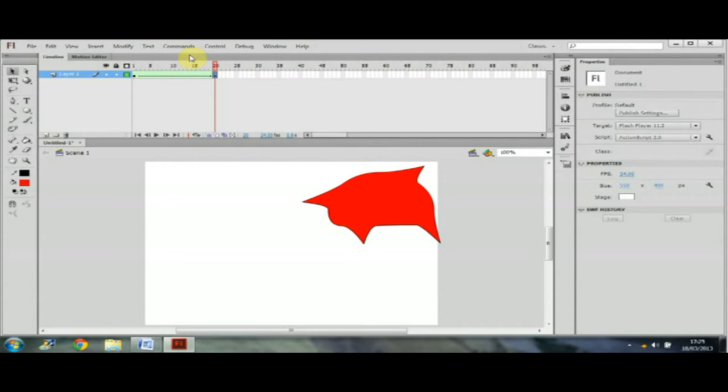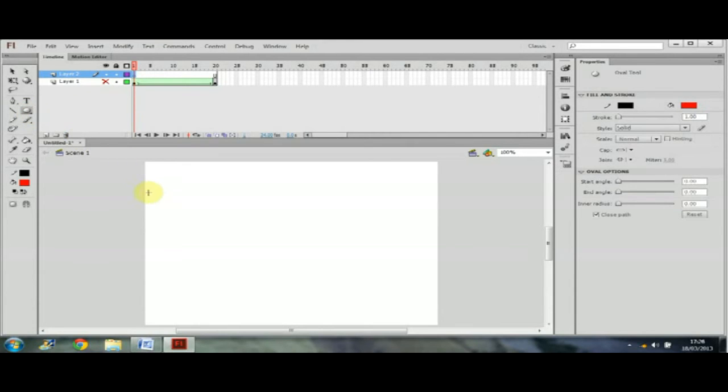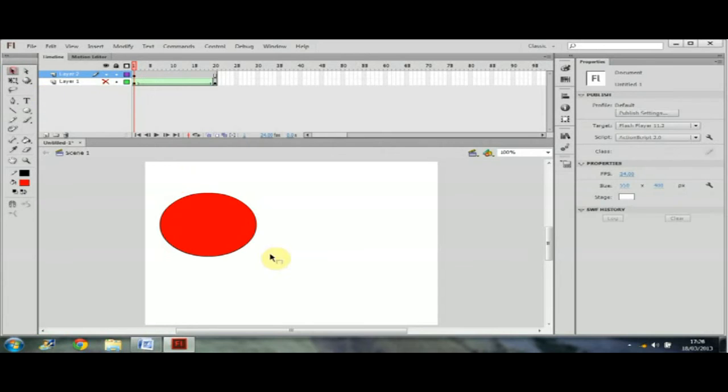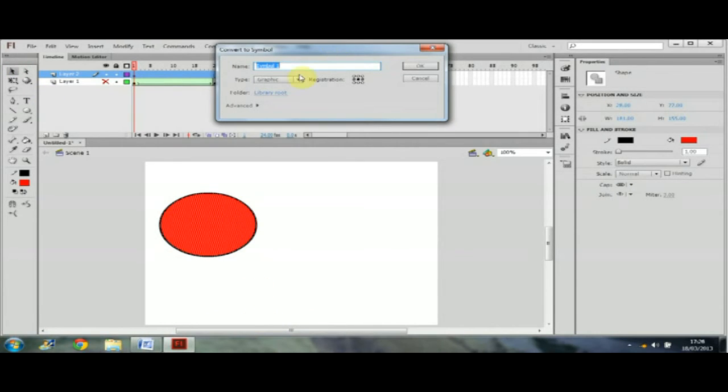A shape tween can only be used on an object which isn't a symbol, although you can go into a symbol to produce this sort of tween. Let me show you what I mean. So if we make a new layer, come back here to frame 1, I'll hide this layer 1 for a moment. Let's make another ball. Now, if I select that ball and turn it into a symbol, ball,